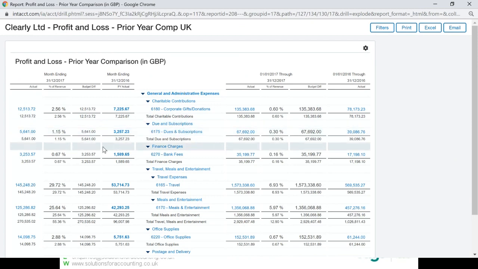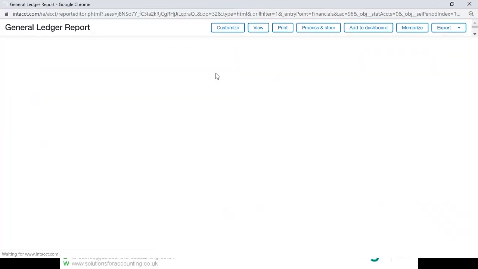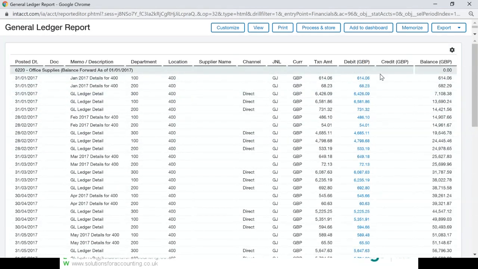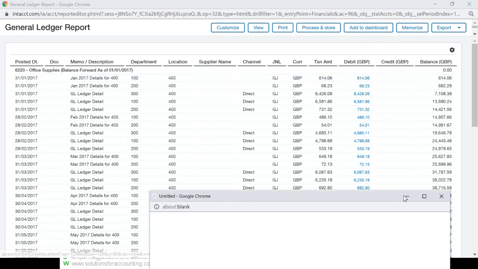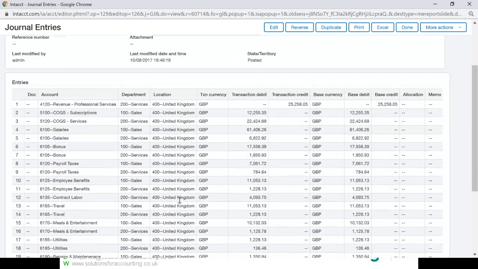Everything is grouped together, actually down to almost a one-to-one relationship in this case between a nominal code and a category. But if you wanted to look at all the transactions relating to that particular nominal code, again, you can drill into it and see all that information. Again, drill in and see the individual journal entry that that particular transaction relates to.